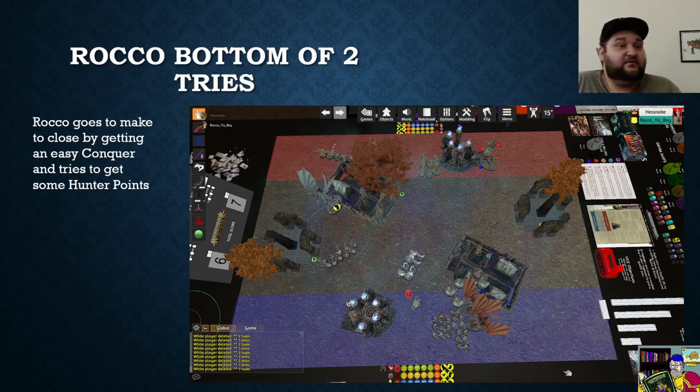And then an extra point for me being a hunter. And that's a 4 point swing. And you can see right now it's 6-7 in Alex's favor. And I am keeping this a close game, even though a lot of my tools and a lot of my